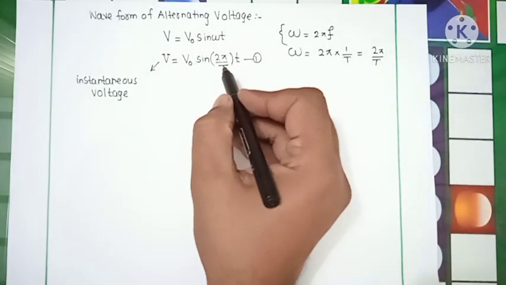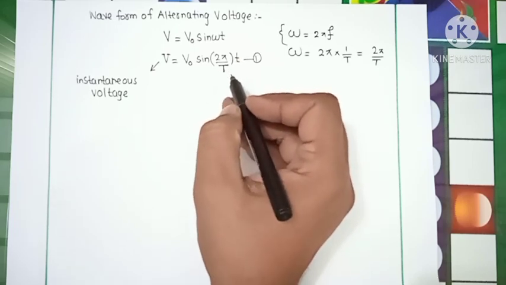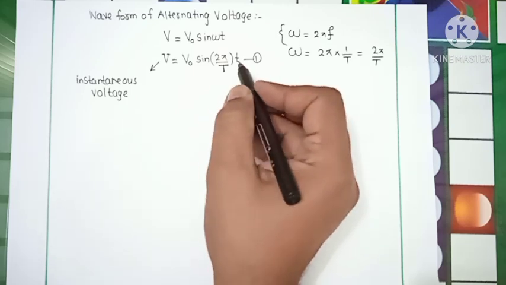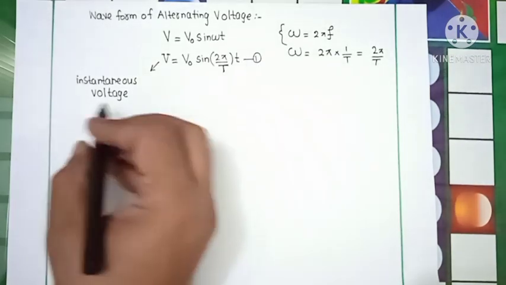Capital T and small t. Capital T is the time period. Time required to complete one cycle of AC is known as time period, whereas small t is just any time that we can measure. So putting the values,